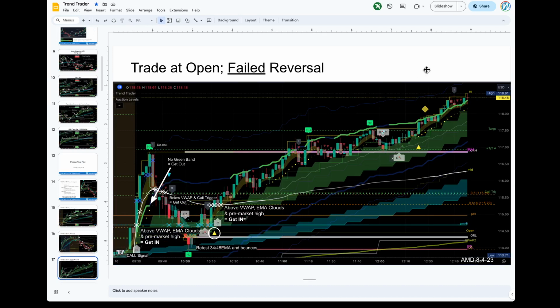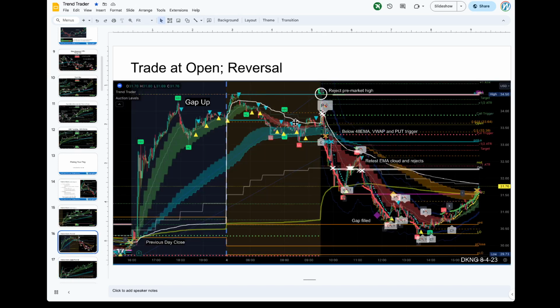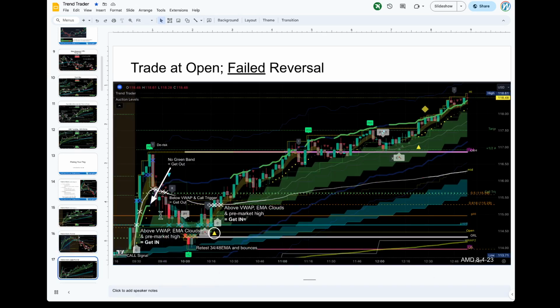So here's another example: traded open, failed reversion. We open up, it goes up, and then it looks like it's gonna fail. Remember the previous one? It goes up and then it fails and then it just goes down. So this one goes up and it looks like we're gonna go bearish. It breaks through this EMA cloud, so now we're like, oh, this is not good. Then it tests at 3448, and this is the last line of defense. If it bounces off this, then we're back to the original trend. You can see how it beautifully bounces off that.